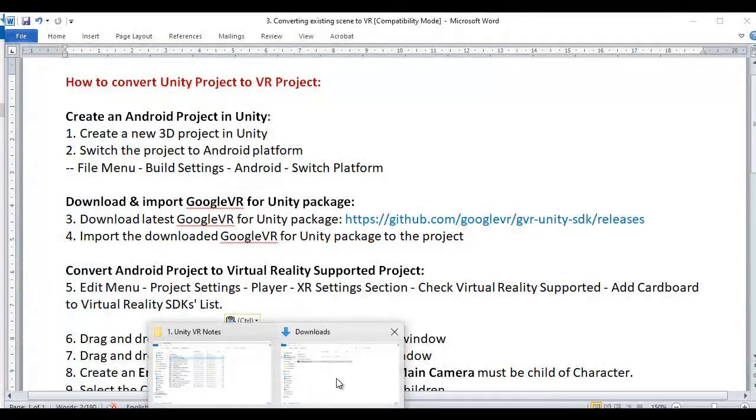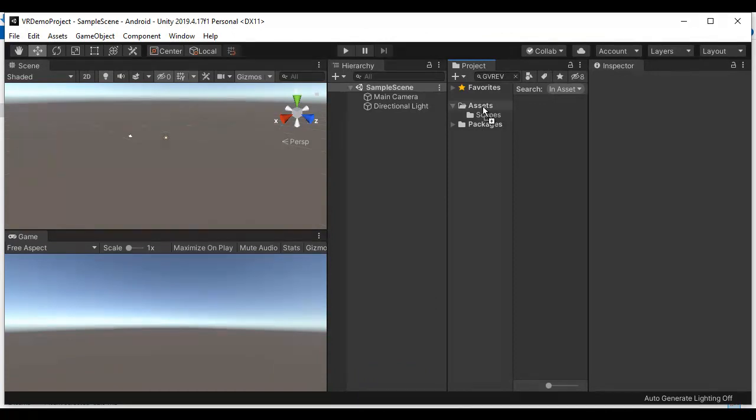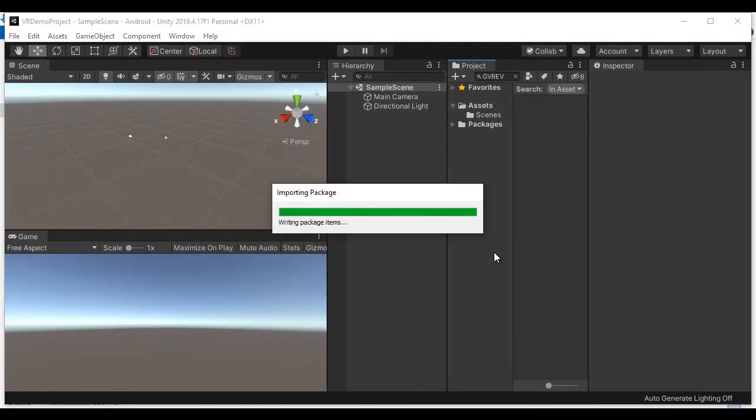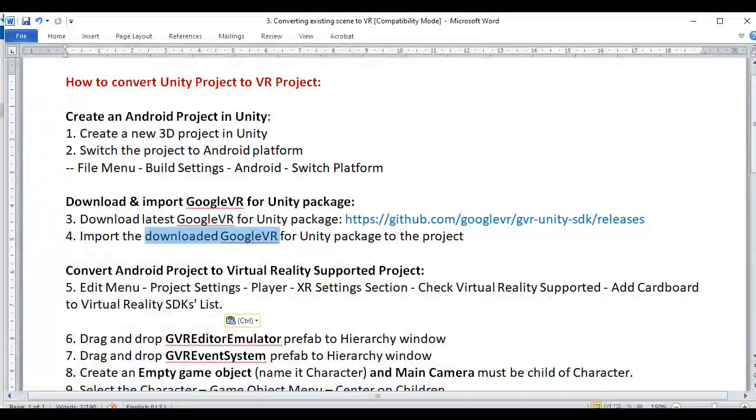So what I do, I just click and drag it and drop it to the assets folder. And then I click on import button. Once the Google VR for Unity package is imported inside the project, you can find Google VR folder inside the assets folder, guys.